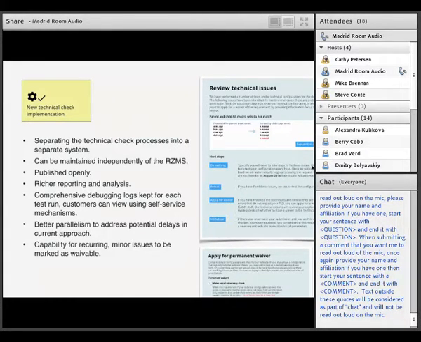Okay, so the next topic I wanted to talk about was a new technical check implementation. I think this is something that I personally have a great deal of difficulty with in the sense that the technical check system we have today works, but it provides very difficult to parse output. So one of the common bits of feedback we get is that the output is not easy to digest, and that usually means tickets where we get those kinds of feedback come to me and I have to explain them all. So what we'd like to do is enhance this significantly by providing a much richer interface to doing technical